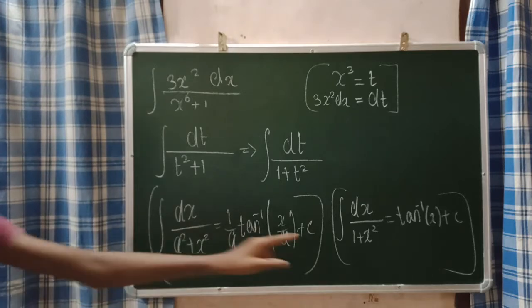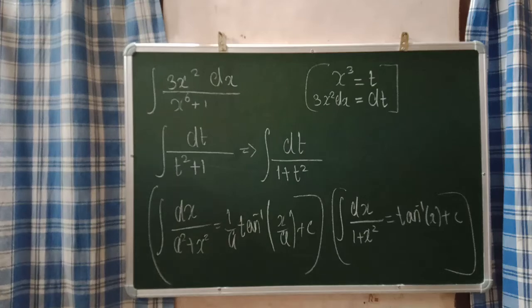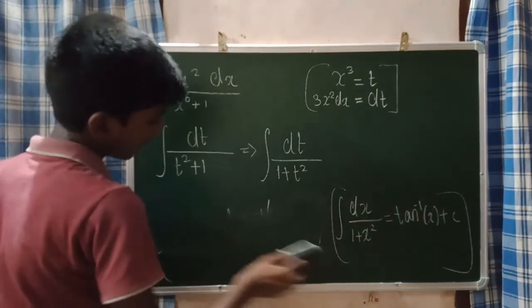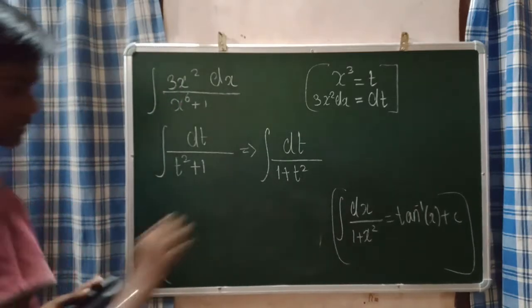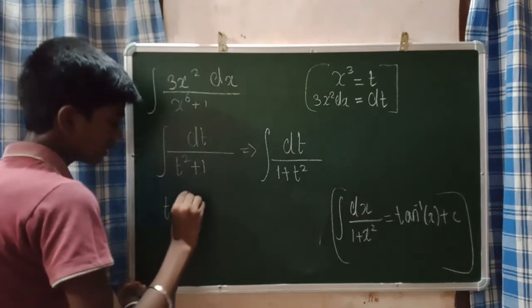Because 1 square is 1 only. So that's what I want to explain to you. This is not needed, but anyway, I explain. Now when you use this particular standard integration, I will get it as tan of